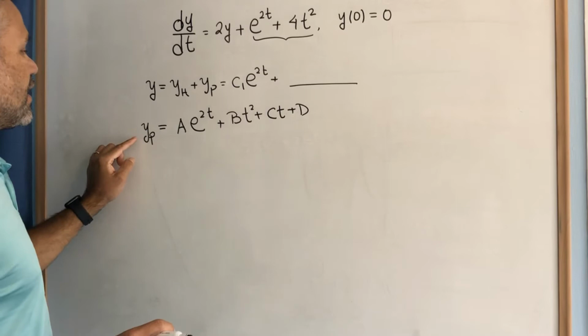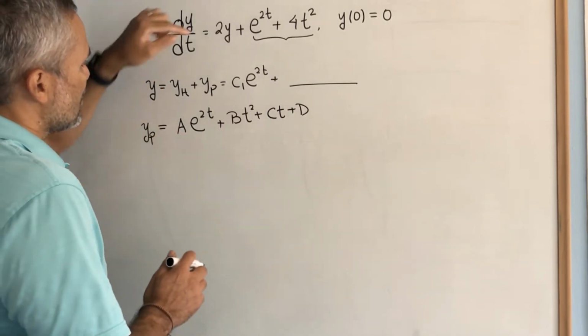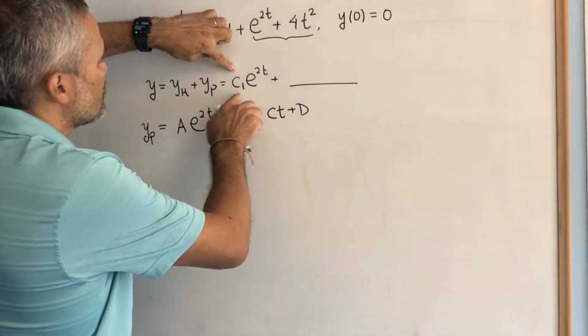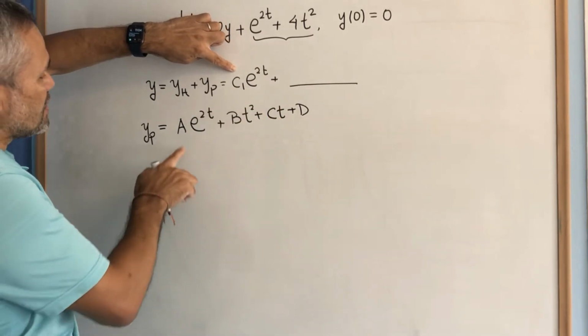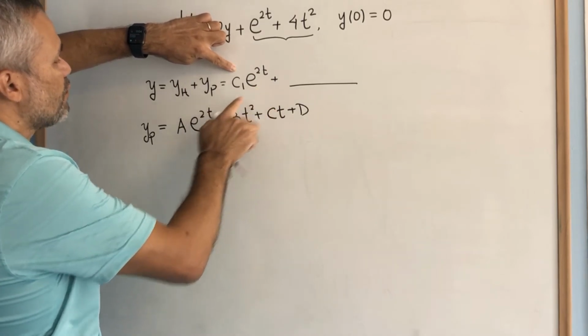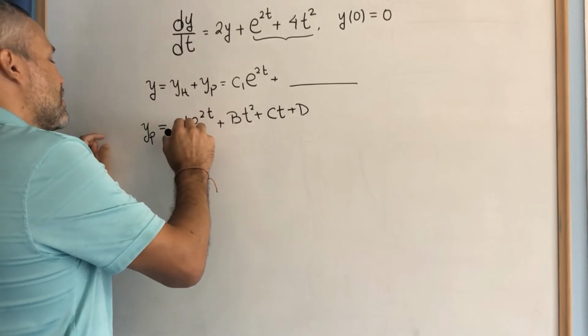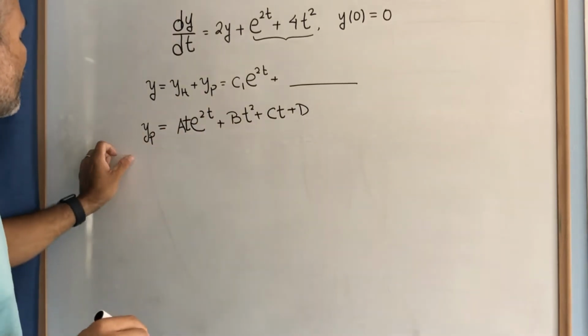We need to check if we need a second guess. To do that, we need to look at the solution of the homogeneous, which is this part, and we notice that this part is a multiple of the solution of the homogeneous. Then this part needs a second guess. That means that I have to multiply this by t. Then